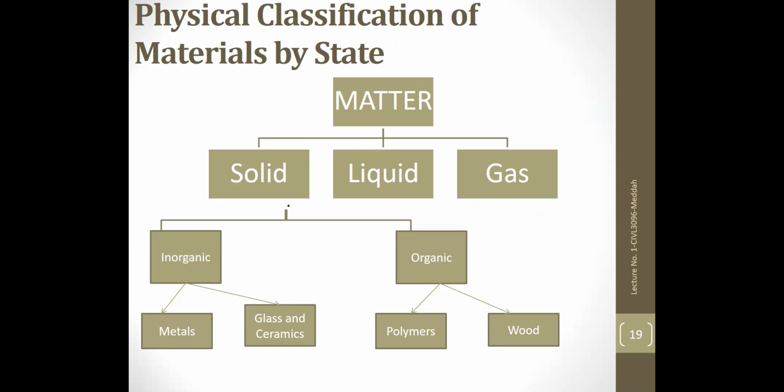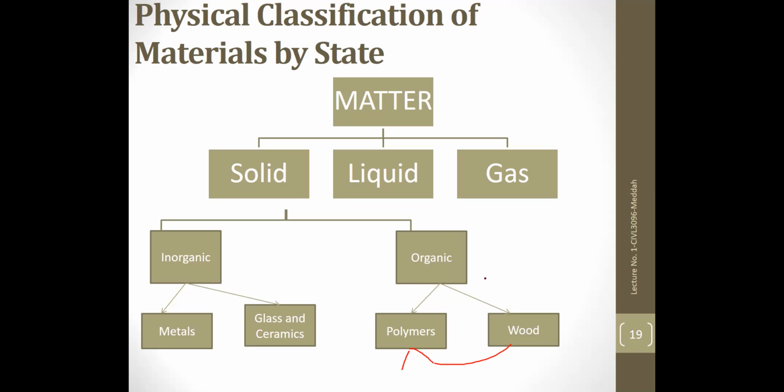So also, last thing to mention about the solid materials before we move forward. Solid material could also be in two different categories. It could be organic material or it could be inorganic material. Organic material, for solid material, could be polymers or wood, or to be more accurate, just a polymer. And the polymer could be natural polymer, which is wood, or it could be manufactured polymer, which is plastic polymer. So this is the organic state.